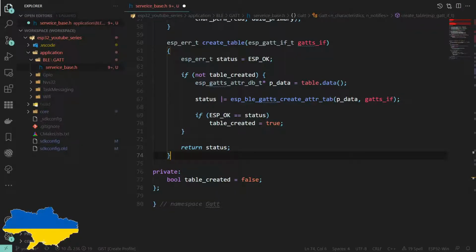Last thing to do actually, or yes, there's two more things we do need to provide in this class, and that's a way to start the service. So we've pushed our table to the API, but the API hasn't actually made it available yet to BLE until you start the service.